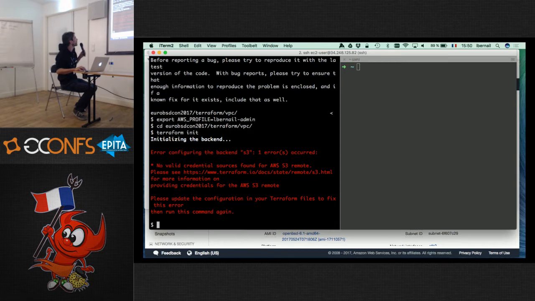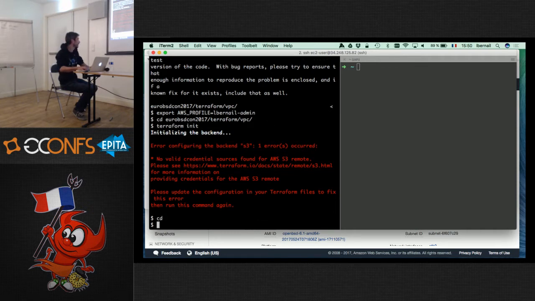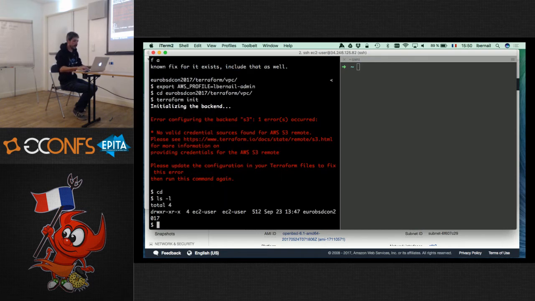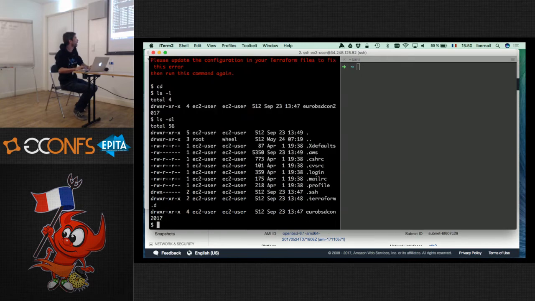Okay, what happens? Oh yeah, I know what happens. I'm going too fast. Demo effects. I forgot to create the .aws directory. Basically, instead of putting the file inside the .aws directory, I created a .aws file.